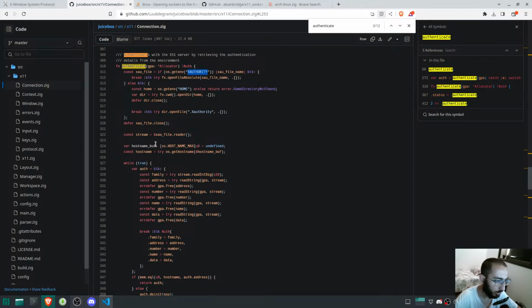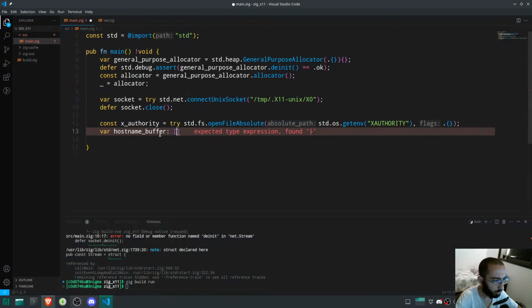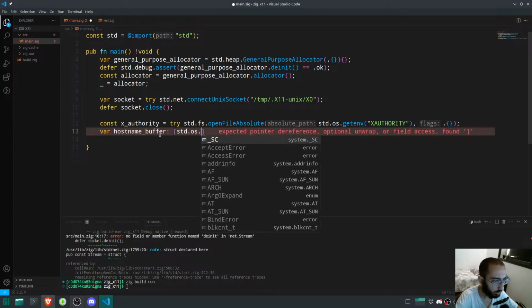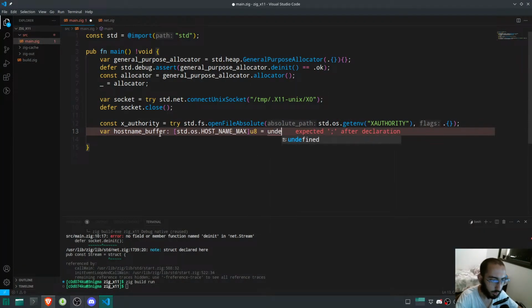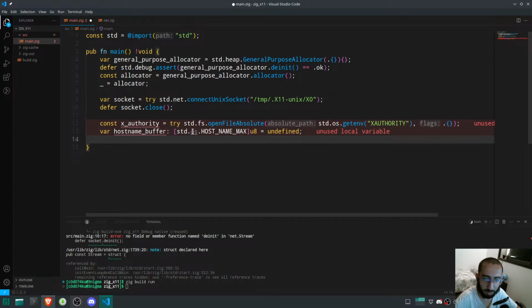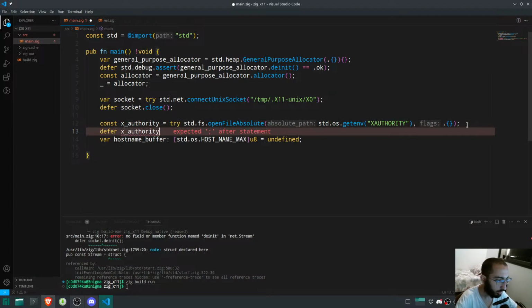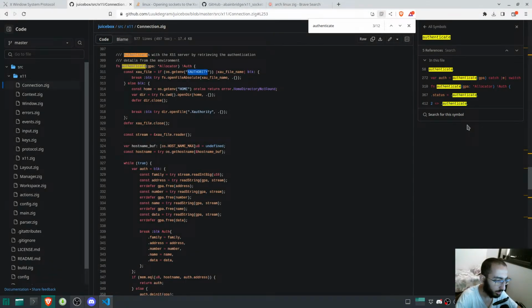First of all, we need to declare a buffer. Cool. Var, let's see, hostname buffer, I believe. std.os.HOST_NAME_MAX, u8, equal to undefined. So basically a non-initialized buffer. Anyway, so what's going on here, by the way? Oh, I should actually close this when I'm done with it. Defer xauthority.close. There you go. Now hostname buffer, we need to basically,